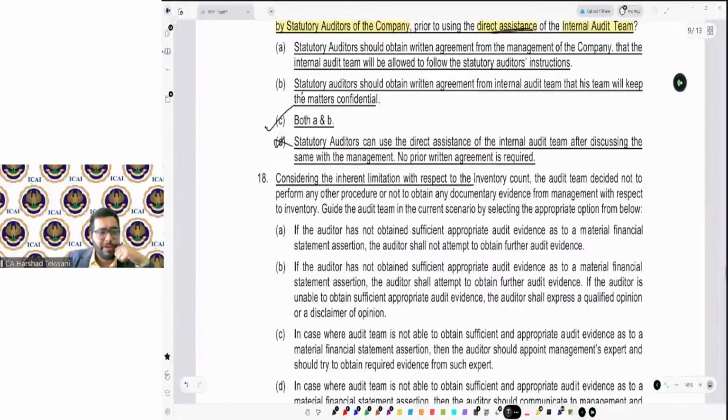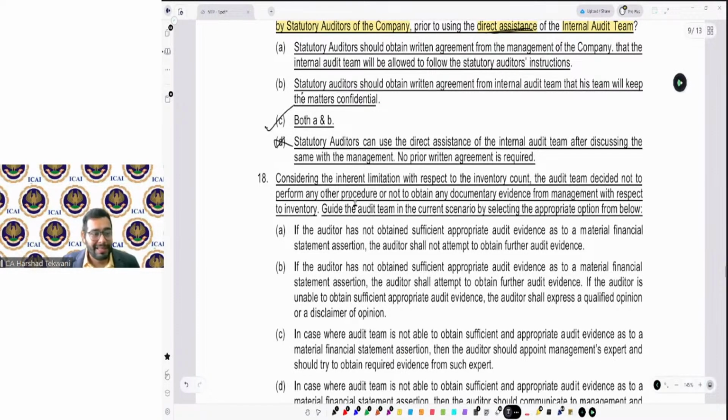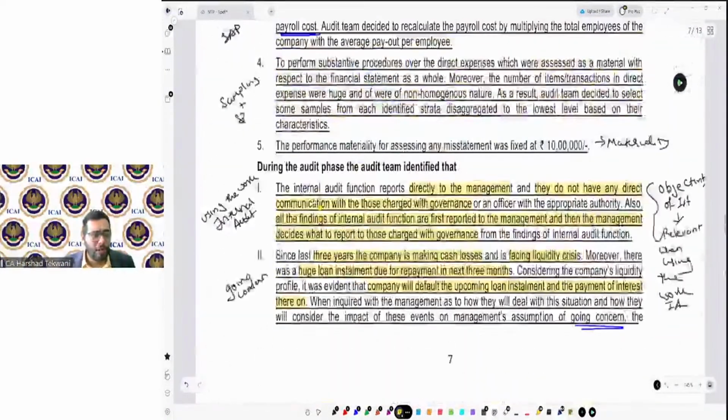Considering the inherent limitation with respect to the inventory count, the audit team decided not to perform any other procedures or not to obtain any documentary evidence from management with respect to the inventory. Guide the audit team in the current scenario by selecting an appropriate option from below. Now, what was the scenario with inventory? The scenario with the inventory was that